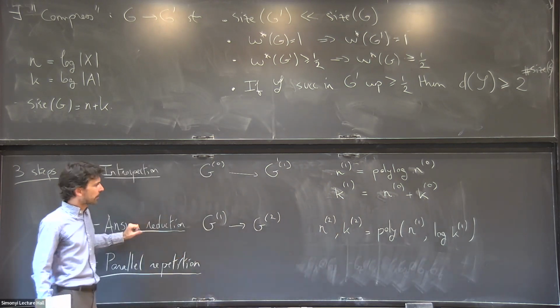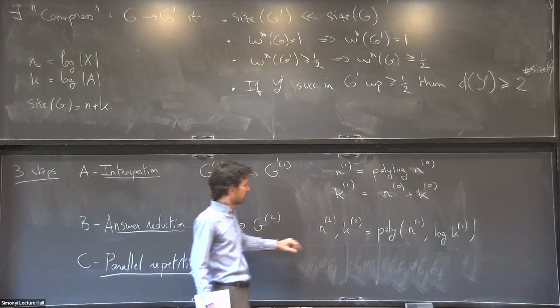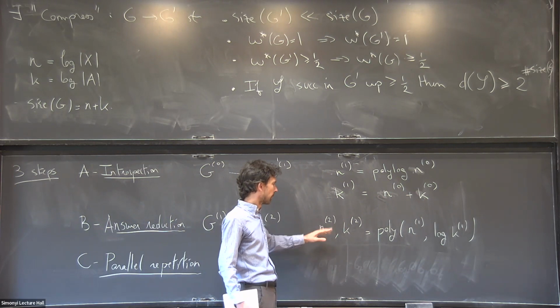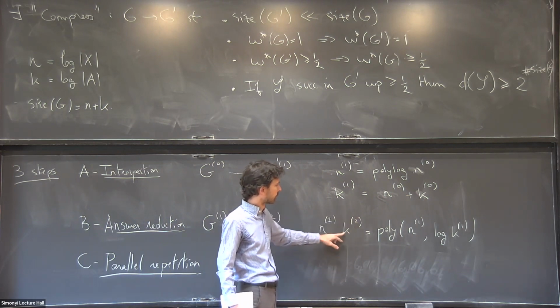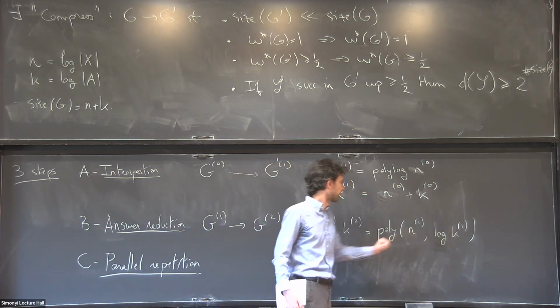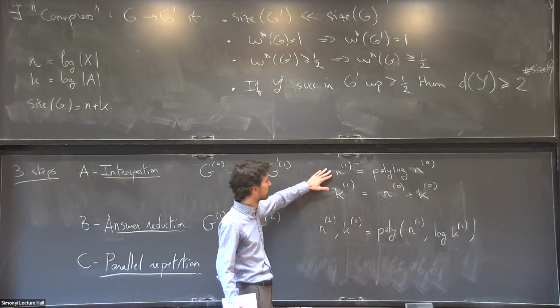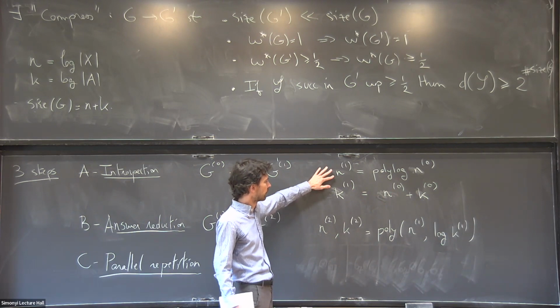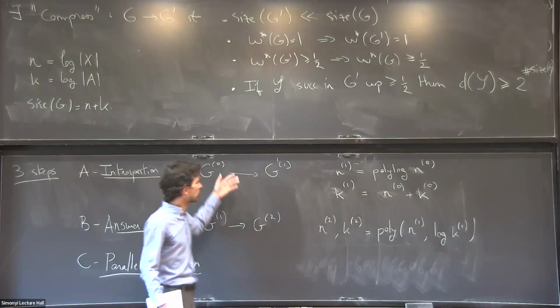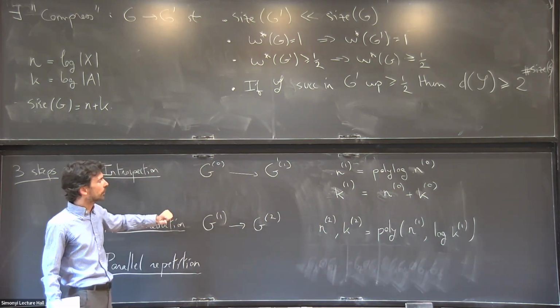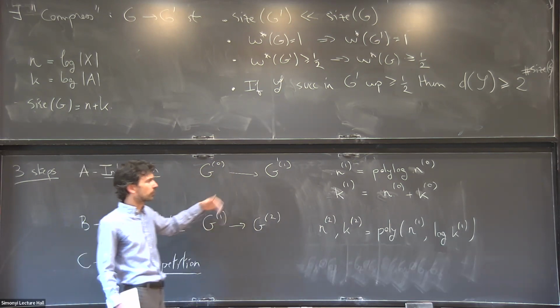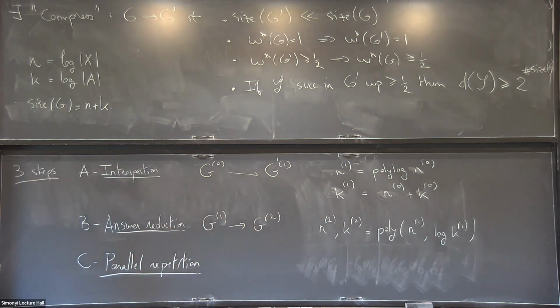The second step reduces the number of answers, because here there's a logarithmic dependence. The number of questions can increase a little bit, but because we decreased it a lot in the first step, it becomes small. So if you take these 2 steps together, you can check that both parameters n and k got reduced by a polylogarithmic factor.